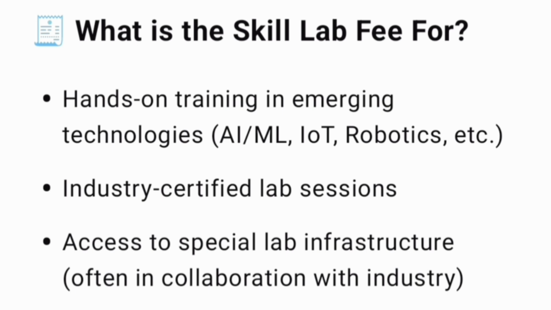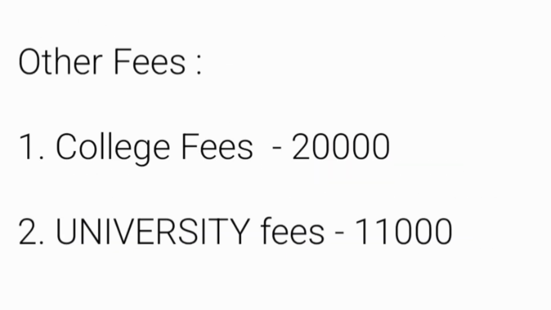Based on your college level you will be charged. Apart from that, there will be other fees I have mentioned in the first sheet, right? So other fees are basically two types. One is the college fees. College fees are charged by the individual colleges, which include exam fees, library fees, sports fees, and miscellaneous small fees charged for many activities. So it includes all of those, and it will be approximately 20,000 per year.